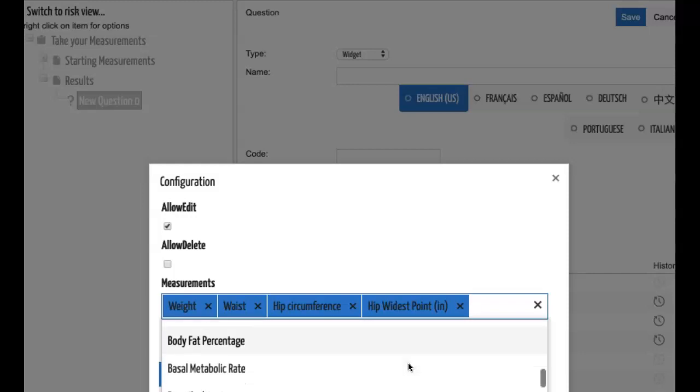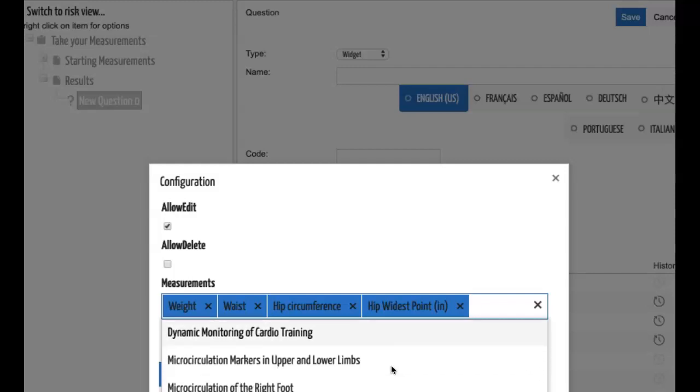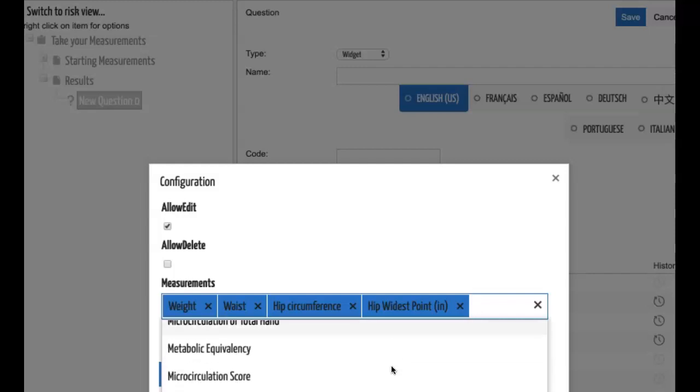Body composition score, body fat percentage, describe how to measure. That's a nice one. And you can see that somebody's clearly done this because they've got all sorts of things, such as cardio score. I don't know, I don't see our